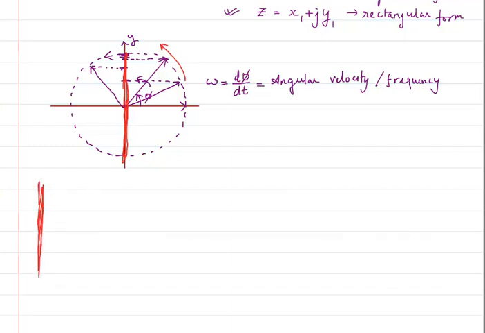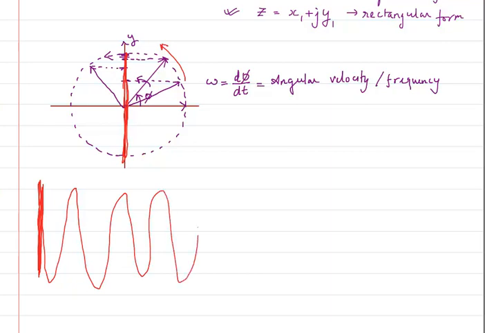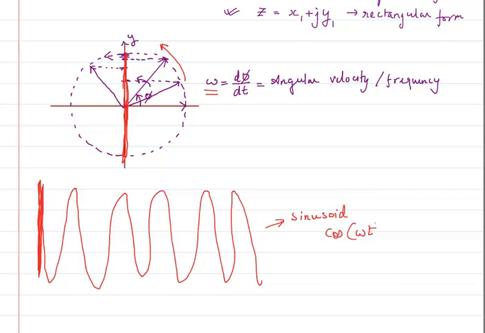Now if I travel this in the forward direction, how will it look? Going up, down, up, down, up, down. And what is this? This is basically a sinusoid waveform. Basically it is a cosine waveform. That's why a cosine waveform is always said to be represented by a rotating phasor. And the velocity with which it is rotating is omega. That's why we write cos omega t.